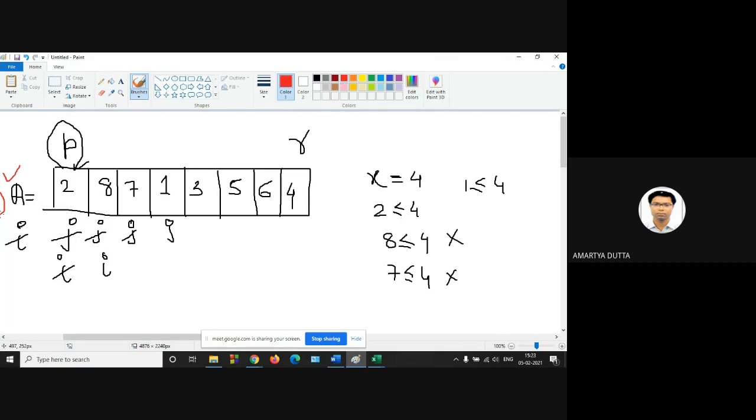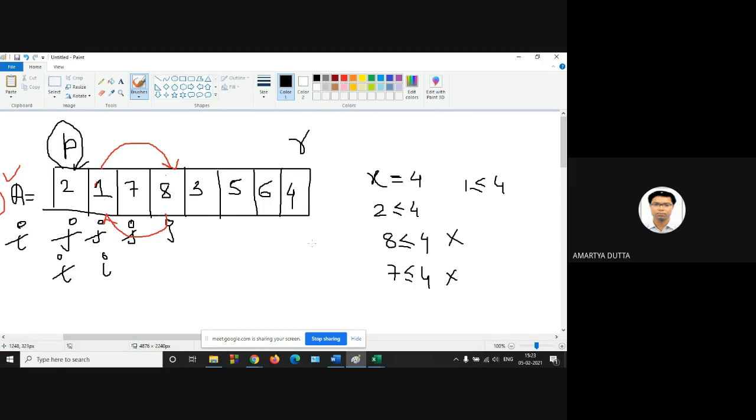So exchange 8 and 1. So this will be 1 and this will be 8.